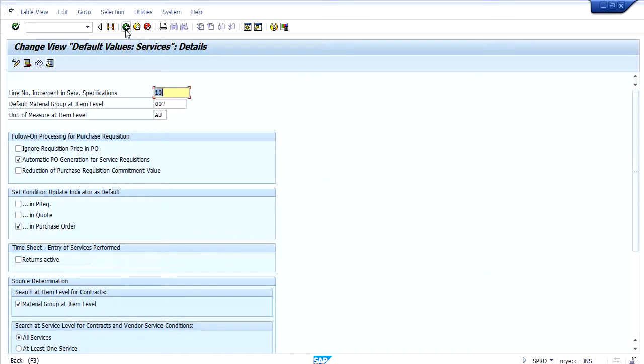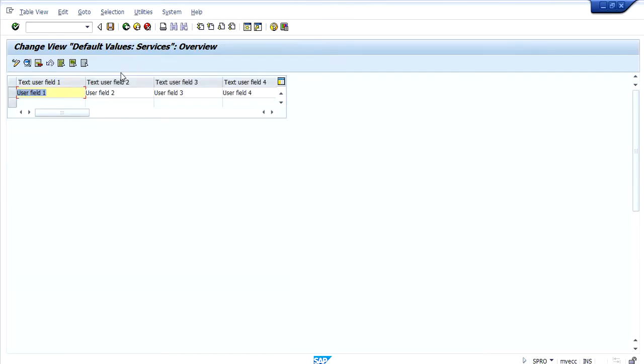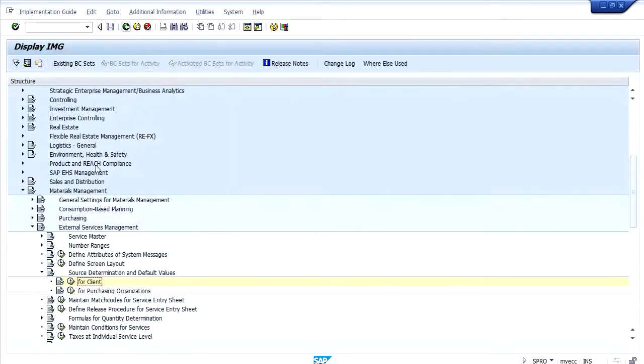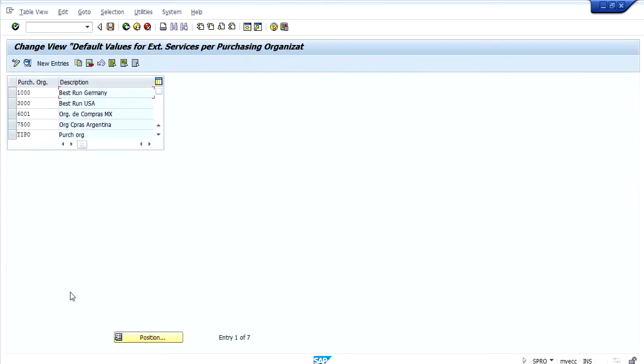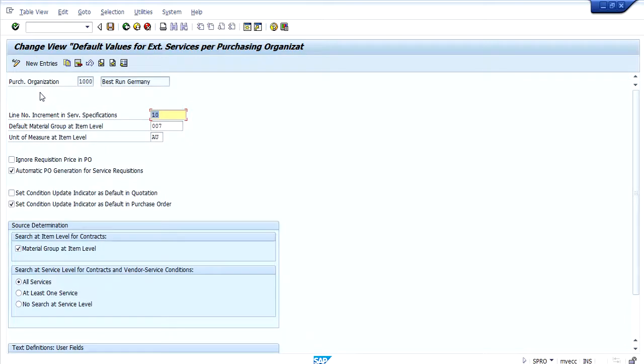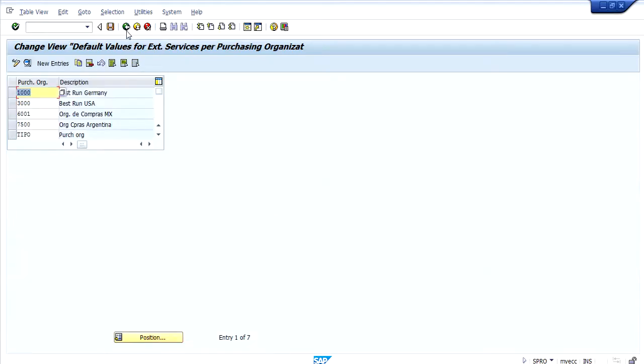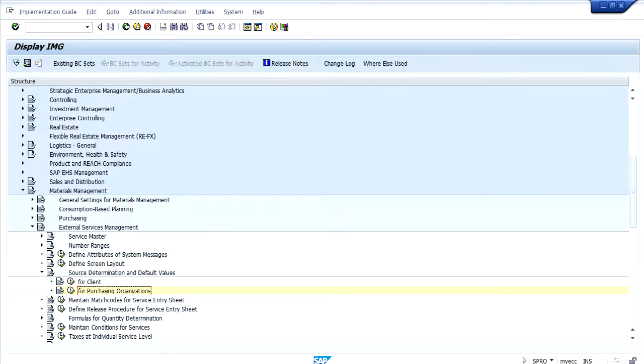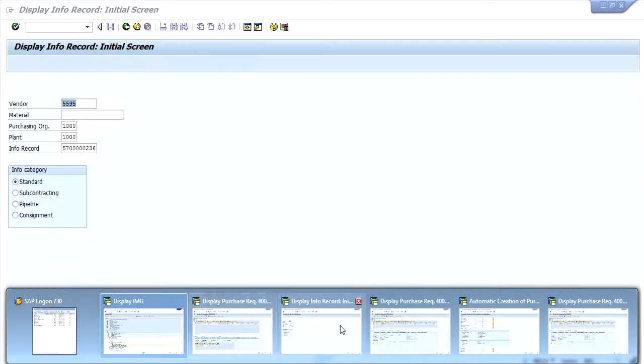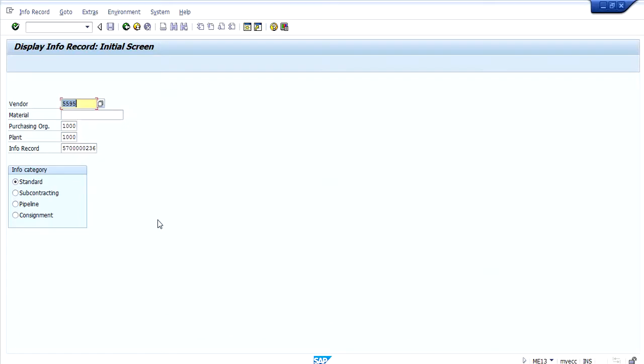If the business wants to use a material group for a specific purchase organization, then that can also be given here. And automatic PO generation for service requisitions needs to be ticked. Once this is done, then it needs an info record.